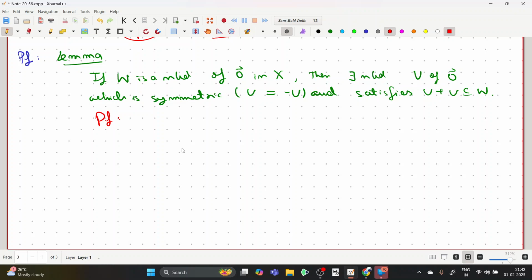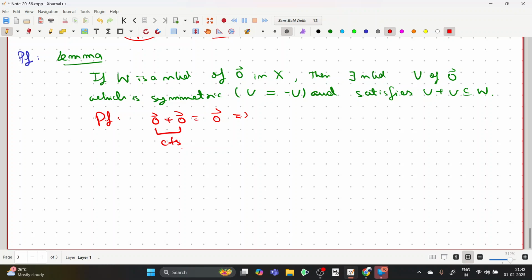We know that the origin added to the origin is still the origin, a very lame statement, but what we know is that this operation is continuous. So recall from the definition of continuity, this implies that